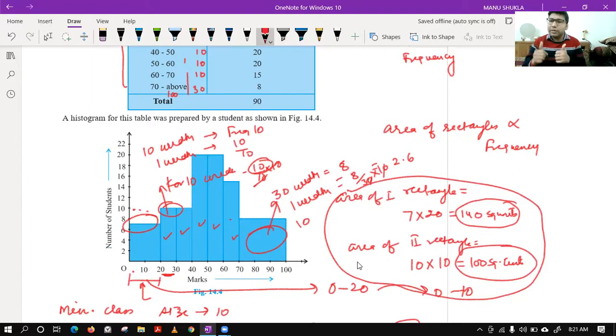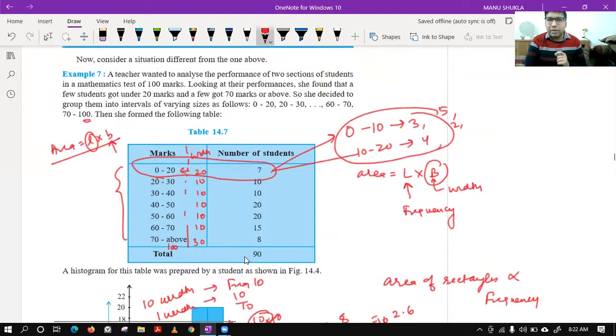Piyush, you have seen the third condition, that area should be proportional to frequency, is coming wrong. So we have to do something. We know the area of a rectangle is given by length into breadth. Breadth we can't change, so we have to change the length. That is the frequency part, which we can change by the unitary method. That's it.